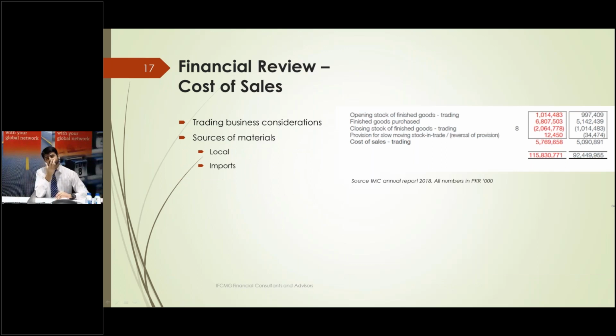So for a trading business, we need to consider other things as well. We need to consider that the material should be easily stored. The storing requirements should be very minimal, and the storage cost and ordering cost should be very low, so the margins can be high. So we can look at how much space the material takes up against how much profit it generates.